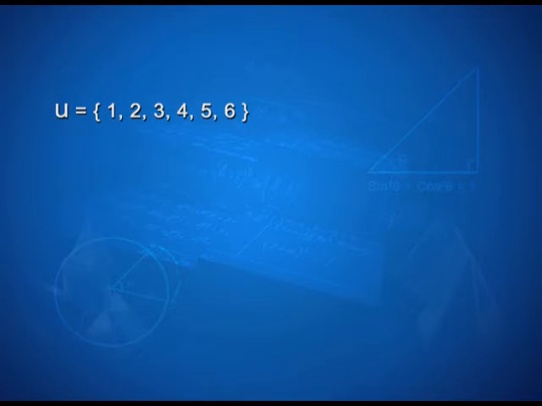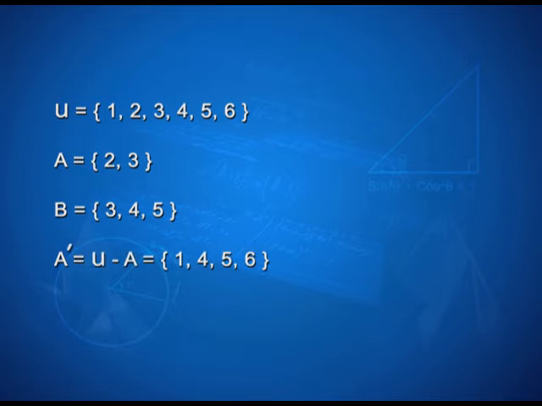Let us verify De Morgan's law with the help of an example. Let U be the universal set containing the elements 1, 2, 3, 4, 5, 6 and A be a subset containing the elements 2 and 3. Let B be another subset containing the elements 3, 4, 5. Then A complement will be denoted by